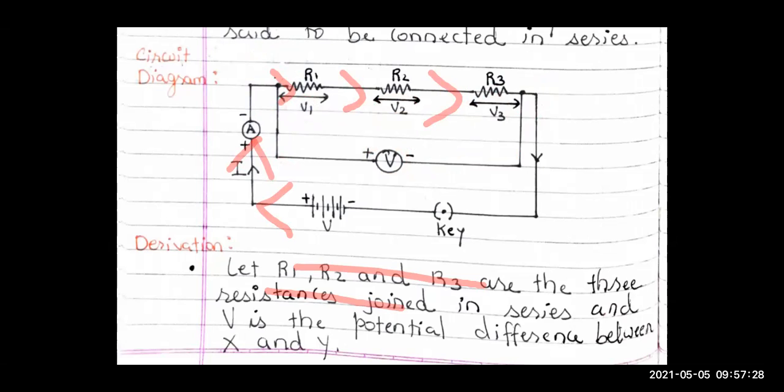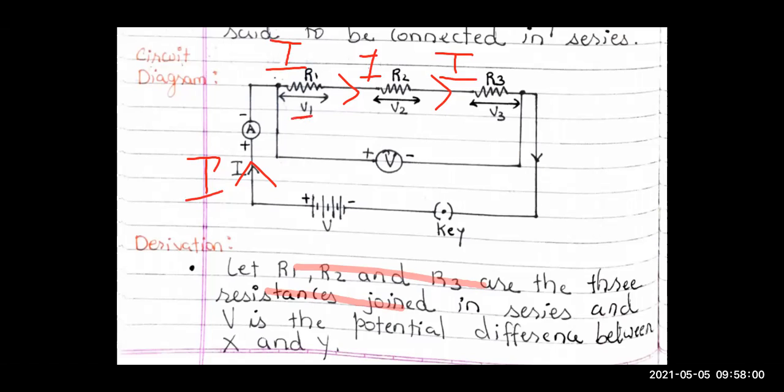Current के पास एक ही रास्ता है. Voltmeter, you know, voltmeter resistance is very high. It won't allow current to come here. So the current over here is having only one path to flow. So current through R1 will be, if the current over here is I, then current at R1 will be I, current at R2 will be I, and current at R3 also will be I. Current will be same. And as you can see, the potential difference is different. Potential difference is V1, V2, and V3.